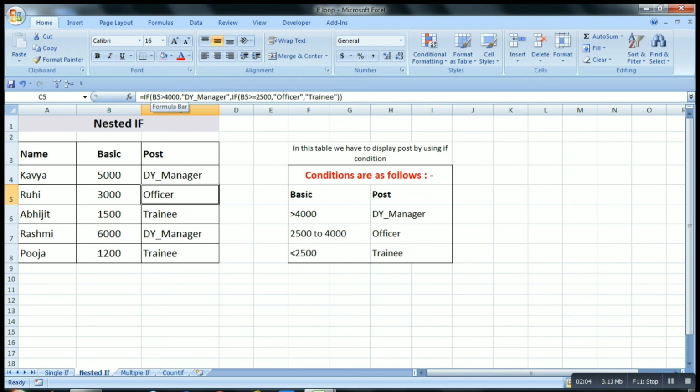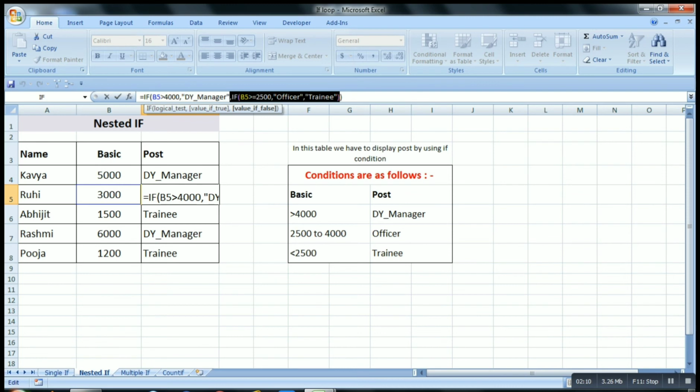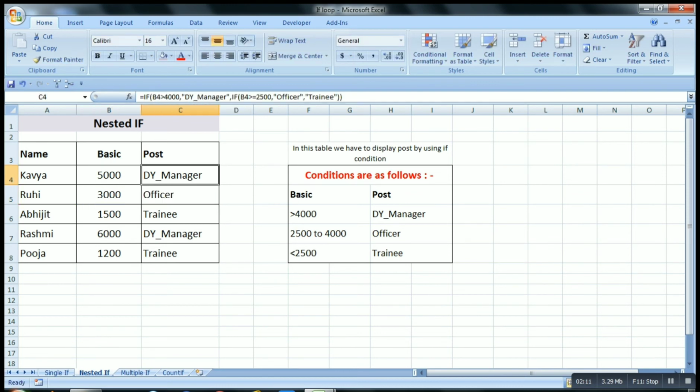Again for the second row, if B5 is greater than or equal to 4000, deputy manager. Now here it is an officer; the first condition fails, our first logical test fails, so we have to look at the second IF. We have to check the second condition. For the first one, we will check only the first condition because it is true.